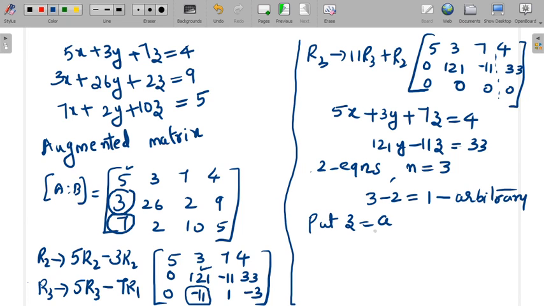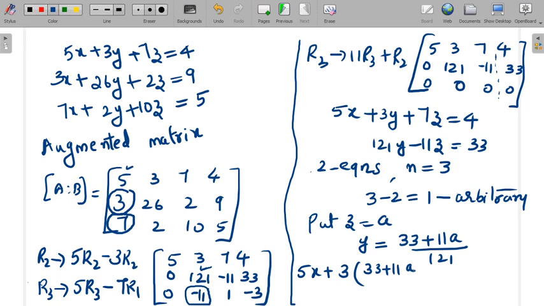So if z is equal to a, we get y is equal to 33 plus last equation 11a divided by 121. Okay, now substituting z and y, we get 5x plus 3 into 33 plus 11a divided by 121 plus 7a equal to 4. So you may simplify and see that x is equal to,